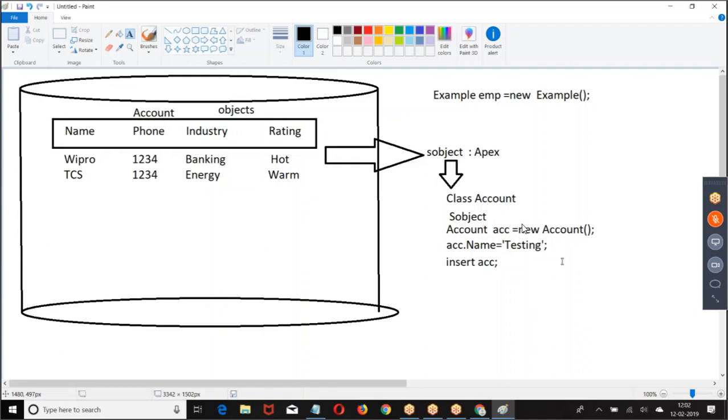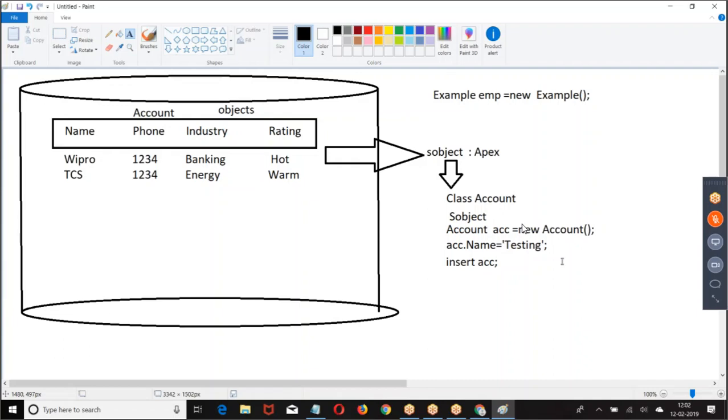So, a table in the database is called an object in Apex programming. How do you use an object in Apex programming?